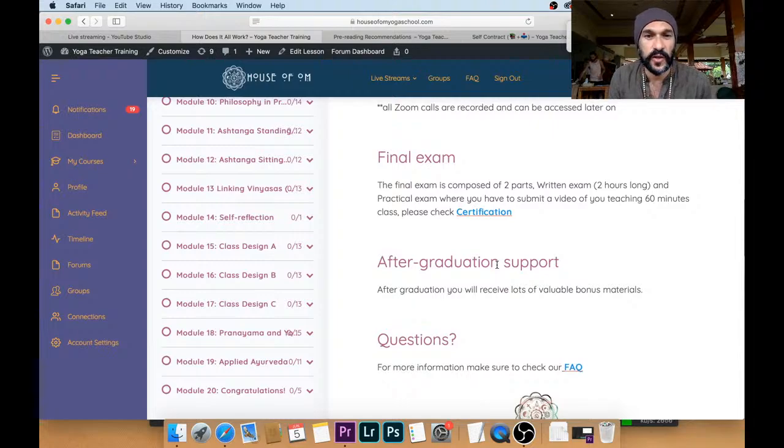The final exam, if you go to certification, you will have all of that. But as a quick note, in order to achieve the certification, you need to complete 100% of the modules here to the left, and you need to submit all the assignments. As I said, you can submit ahead of time, you don't need to wait for the Zoom calls and the schedule. And pass the written exam,